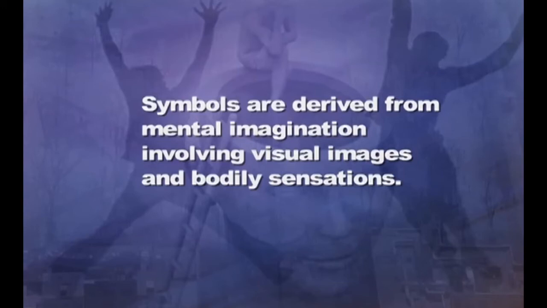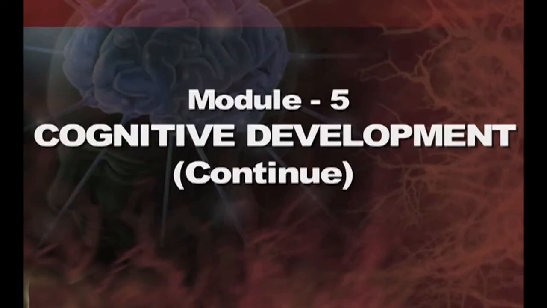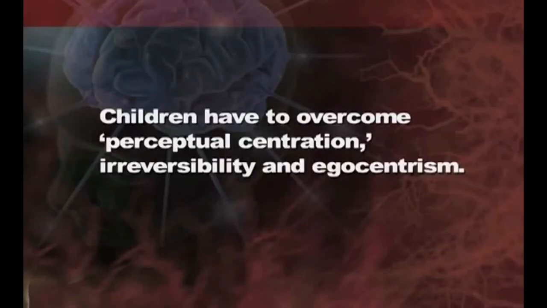Symbols are derived from mental imagination involving visual images and bodily sensations. The term operation means an action carried out through logical thinking. Children in this pre-operational stage are pre-logical. They have a problem with centration. Children have to overcome perceptual centration,